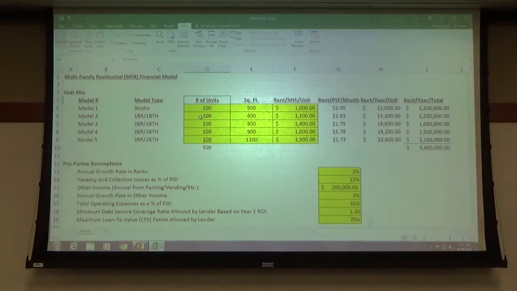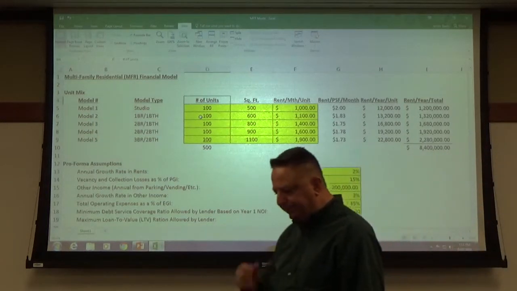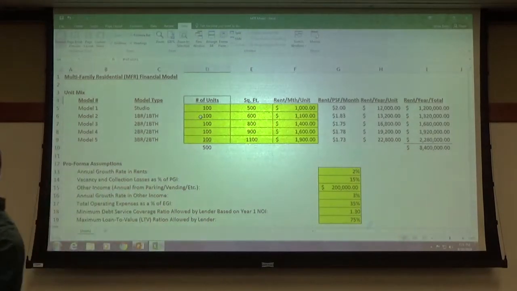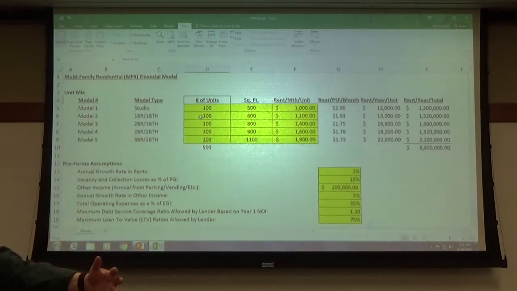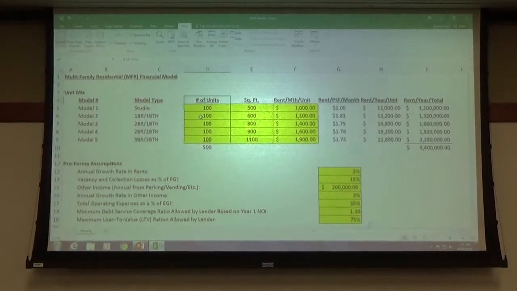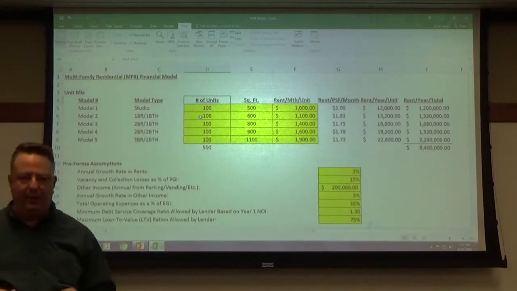The reason this number is so important is because think about it like this: if you're building a property, the more square feet you build, the more expensive that property is. Whenever you quote construction prices, you quote them per square foot. So the bigger the property, the more you're having to pay for construction costs. So you want to know what rent you're able to get on every square foot of space in that property. Does that make sense?